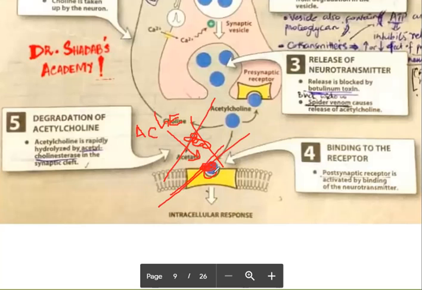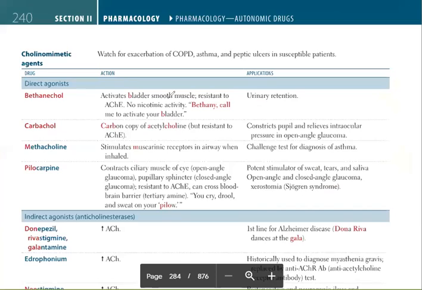This drug is resistant to this enzyme, so this enzyme cannot work on this drug. Okay, so that is why it performs its actions. Then no nicotinic activity. So it does not work on the nicotinic receptors. It only works on the muscarinic receptors. Okay, and then the therapeutic applications: